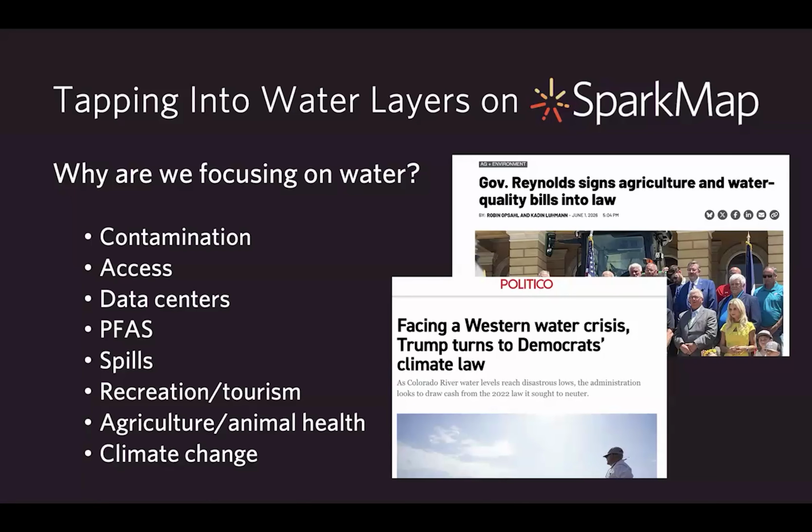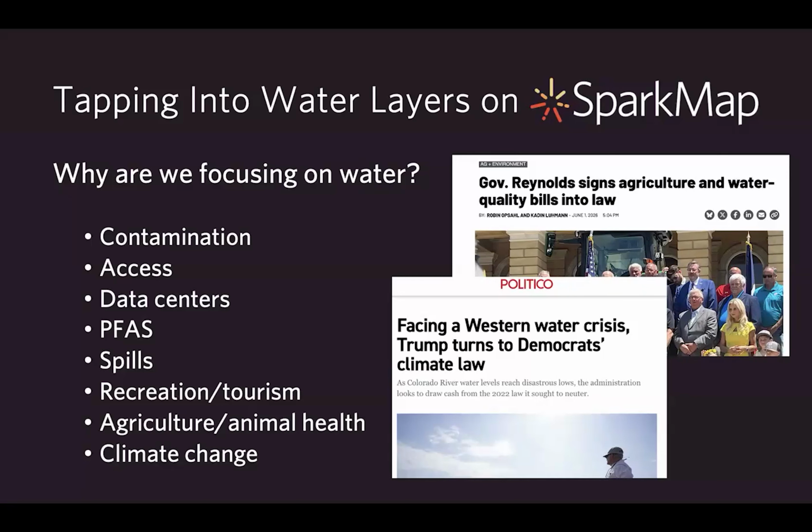So we're tapping into water layers today on SparkMap, and I just wanted to do a little bit of a level set of why we are even focusing on water to get started, and then we'll talk about some layers that we have available. I just did a very quick news search. Believe it or not, you can just type in water news and you're going to get a lot of results. That's really the biggest reason that we decided to focus on water for this webinar today,